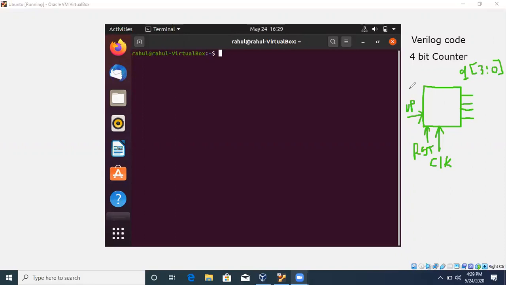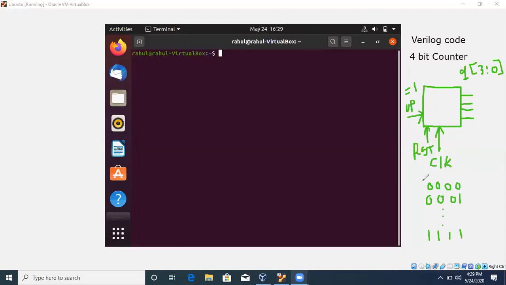Now by applying the signal at up, so when I apply one value to this up signal, in that case your output will generate the result from 0000, then the next output will be 0001, up to the last number, which will be 1111.